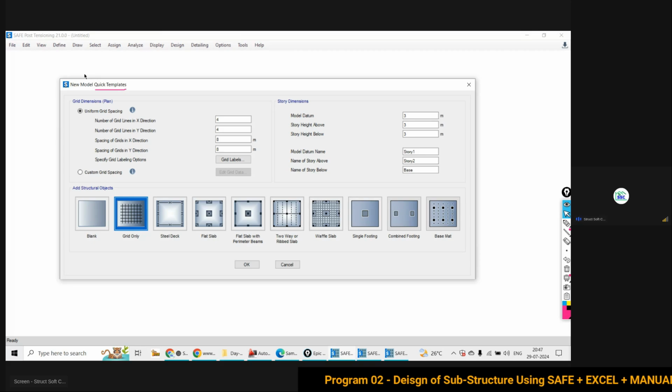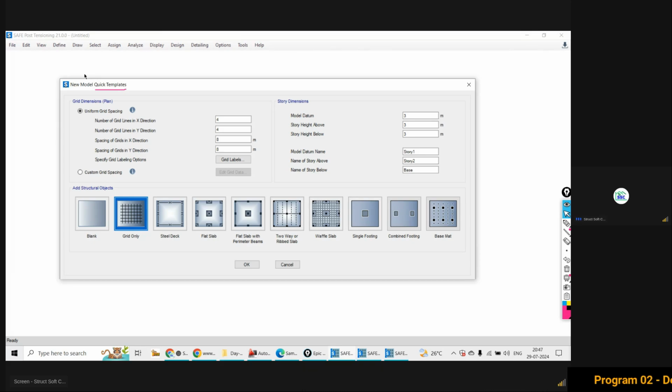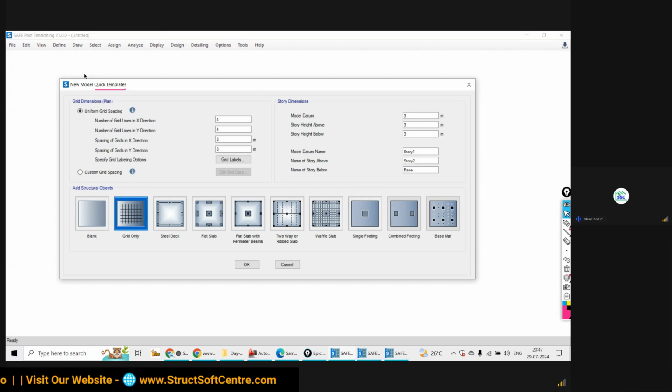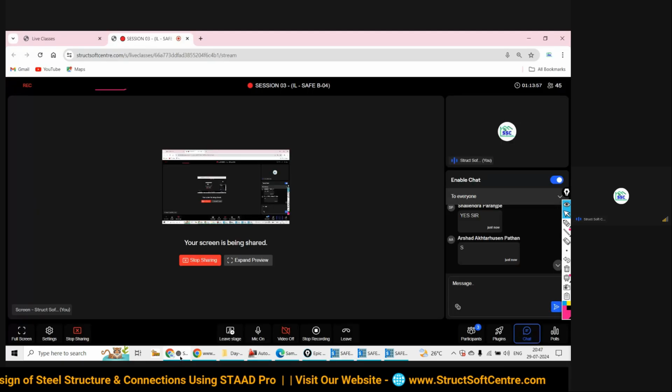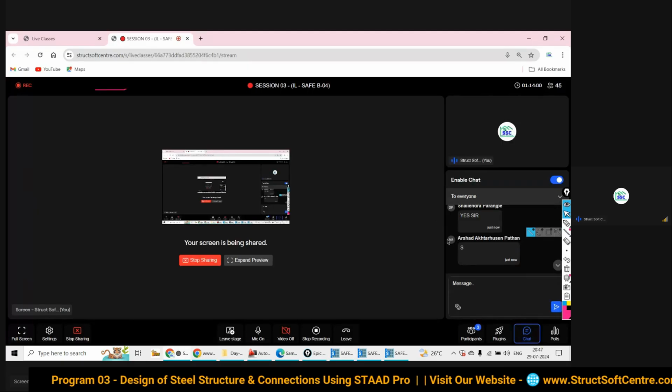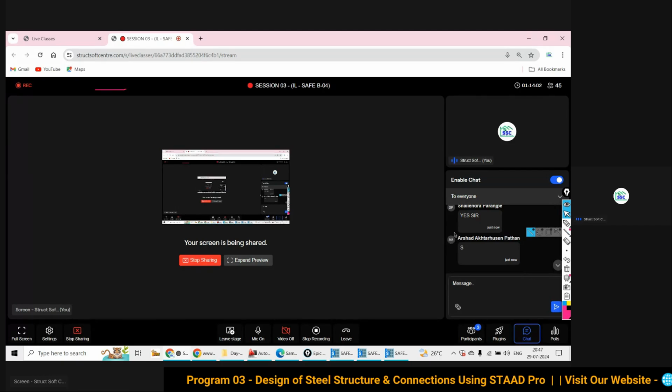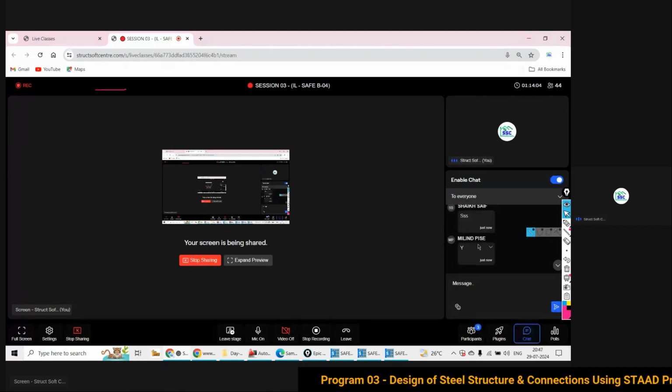Or likewise, you can import the file from CAD to CSI SAFE. So vice versa, you can operate for your purpose. Understood? You can do both. Clear? You can export as well as import with CAD software. Okay, fine.